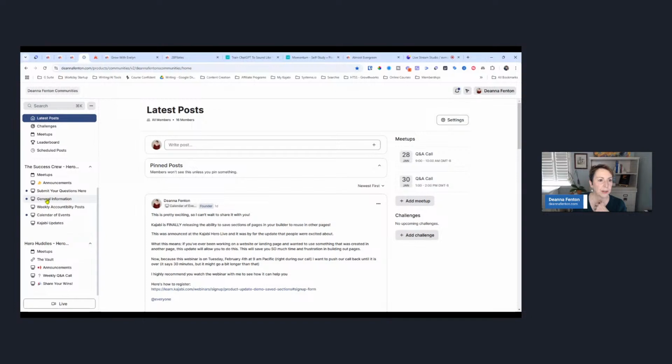Submit your questions, general information, weekly accountability post, calendar of events, and Kajabi updates. So these are all circles that these members can post in. And there are different circles for Hero Huddles: their own announcements, their weekly Q&A call, and a place to share their wins.